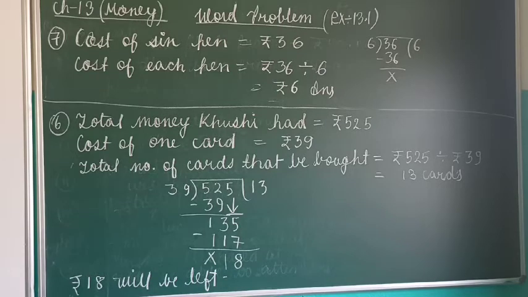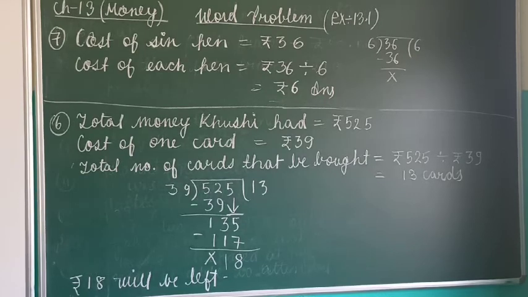So how many exercises are left? 13.2, 13.3 and bill. Bill is very important and easy also, so don't worry. One question will definitely come from the bill. The 13.3 is the unitary method, which I will also discuss, and word problems. So 3 more exercises are left, and then the portion for the final term will be over, and after that we will start the revision from the beginning.